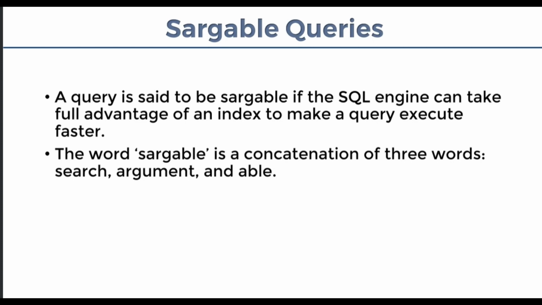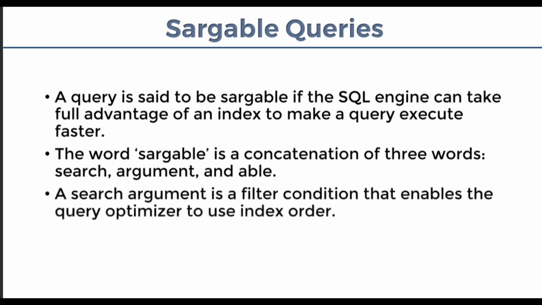The word Sargable is a concatenation of three words: search, argument, and table. A search argument is a filter condition that enables the query optimizer to use index order. Generally speaking, we specify such